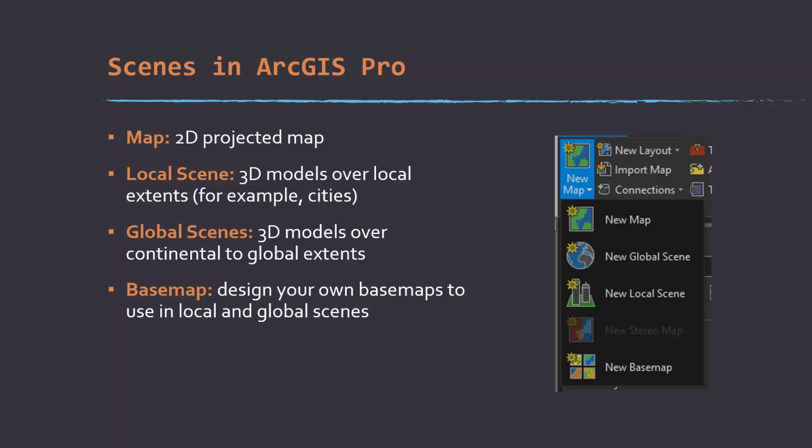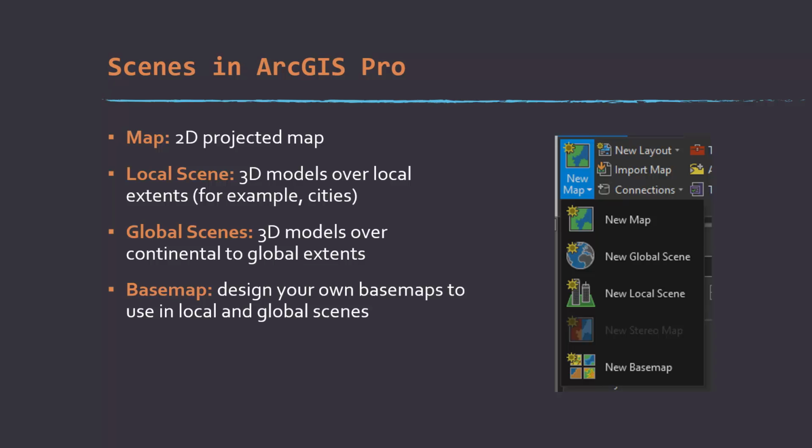Alright, so again, you can work in both 2D maps and 3D scenes in ArcGIS Pro. Just as a broad overview, if you want to create a new map object, there are a couple different options in Pro. Creating a new map is going to create a 2D projected map surface. If you want to create a 3D space to work in, you can do a local scene. That's generally for smaller extents, such as city scale, or global scenes where you're basically working on top of